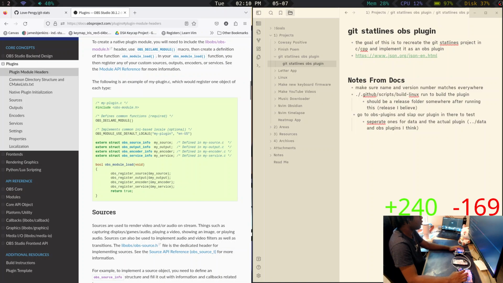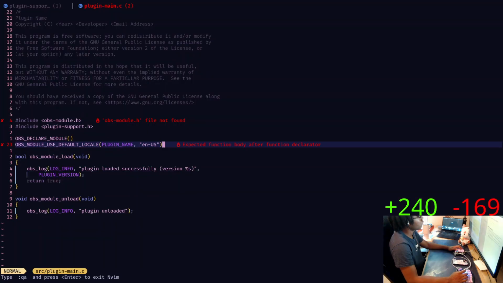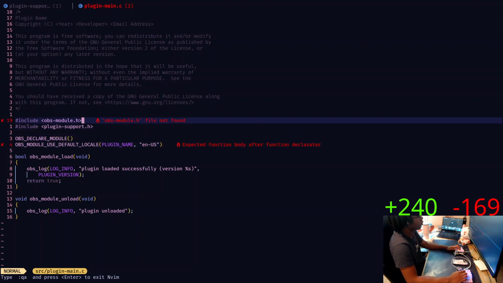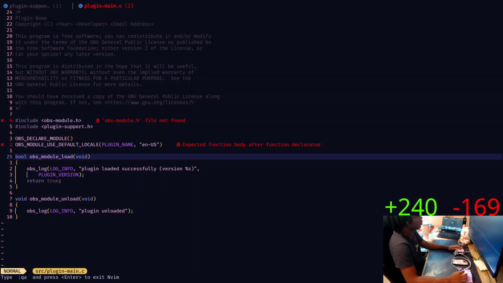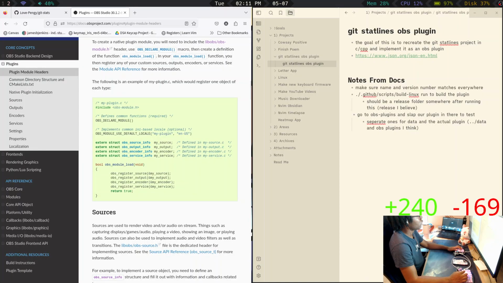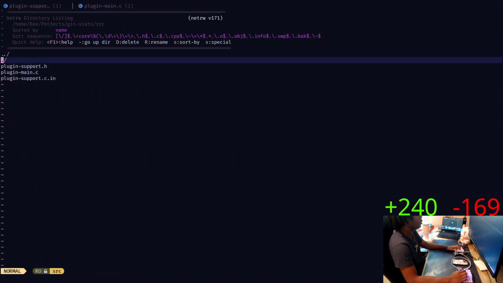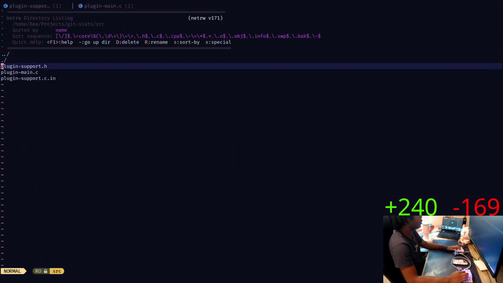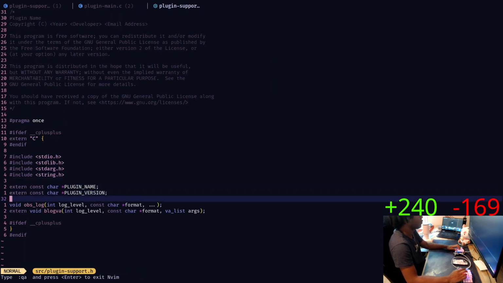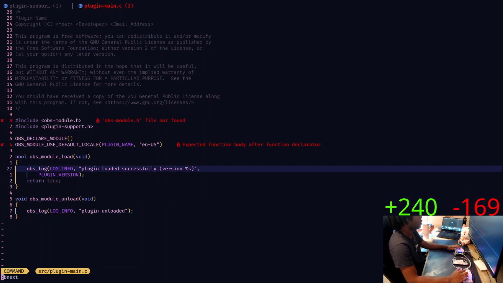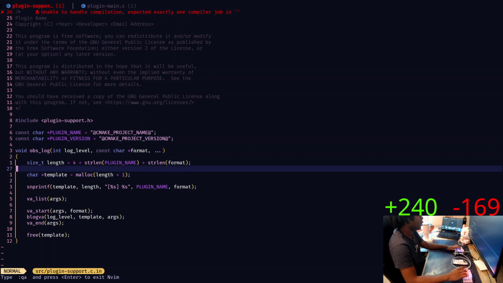But why doesn't this need semicolons? My plugin .c. Where is that then? Oh, this is wildly different than what is currently. That feels a little bit silly. Or maybe I'm just ahead or something.